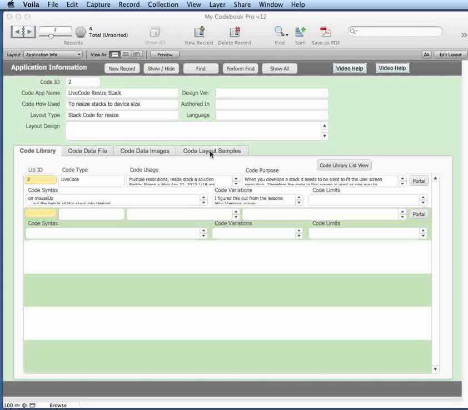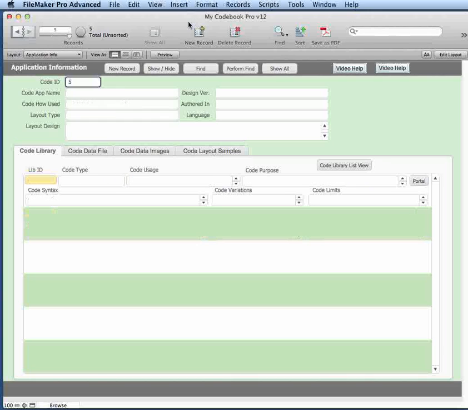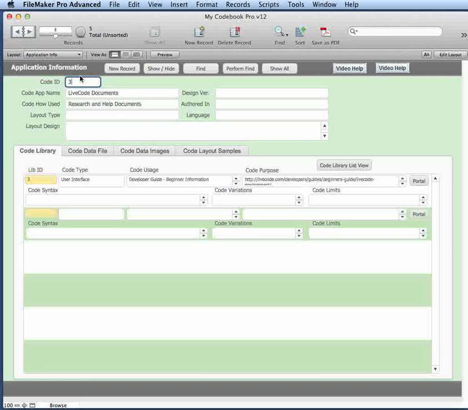This is a video help that is being used to describe MyCodebook Pro version 12. The application itself was designed in FileMaker Pro Advanced, and this is a runtime application. The purpose of this application, I'm going to go back up to the first record, is to document programming and/or